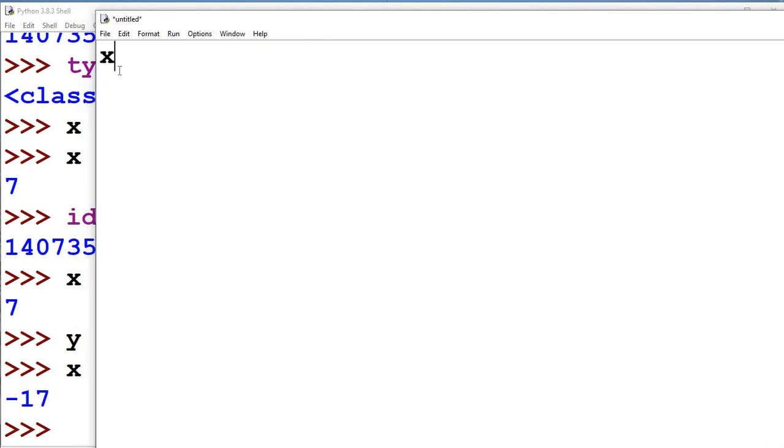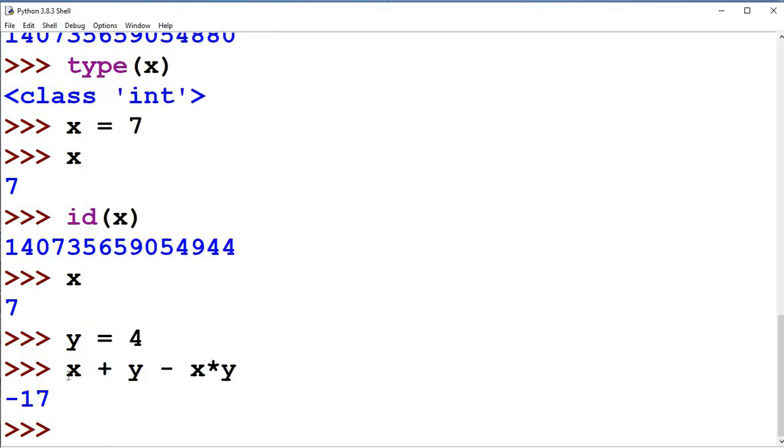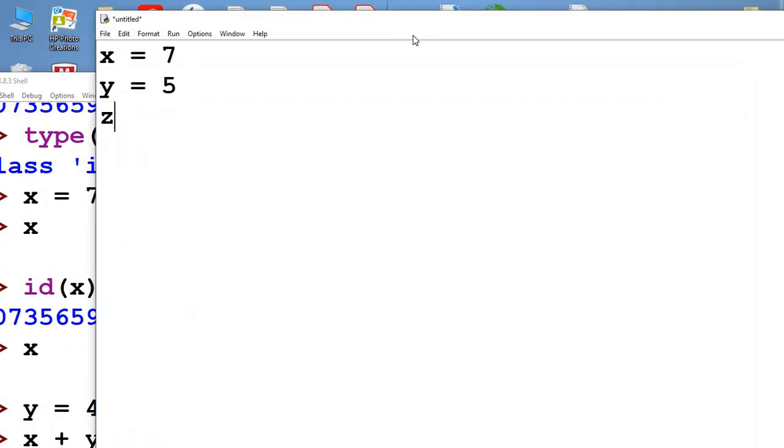Here you can write x equal to 7, y equal to 5, and then z equal to x plus y minus x star y. Earlier you were writing on the interpreter and it was giving the result automatically, but when you write in a file, you have to store the calculation.